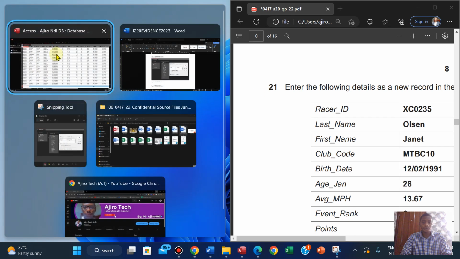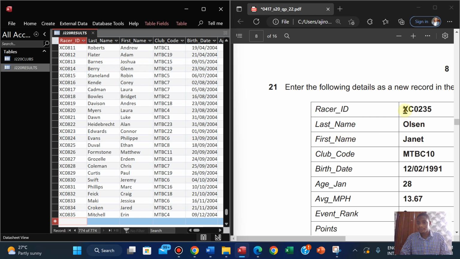I'm just going to copy the visa ID, paste it here, last name, copy, paste it here, first name, copy, paste it here, club code, copy, paste it here, birth date, paste it here, age,